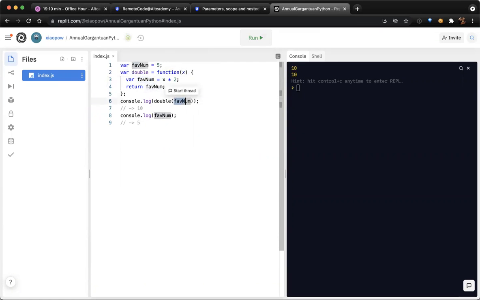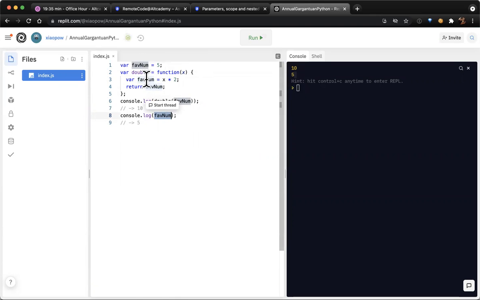So we have the global scope faith num, which is 5, passed to the double function. So 5 is going to replace x, which means 5 times 2, it's 10, and we assign it to the faith num, the local faith num. Okay, so if we console log now, you'll see that the second console log is 5, because we're not altering the global scope faith num.